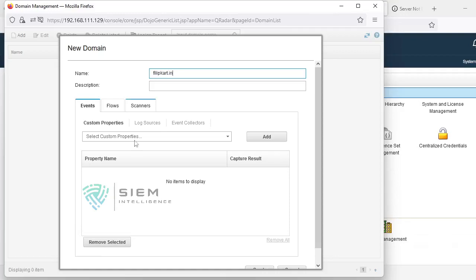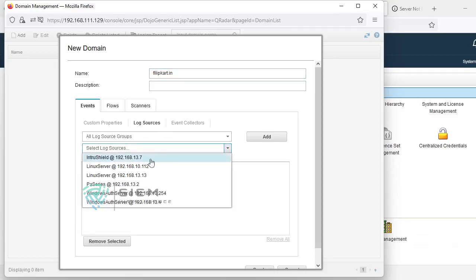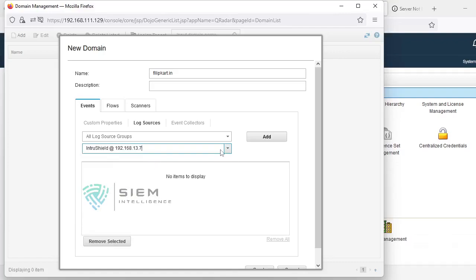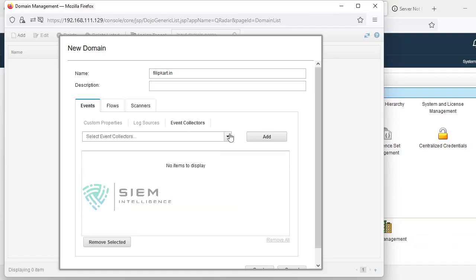flipkart.in. So what are the log sources? That may be a set of three log sources or Linux log sources that we are giving here. Or whatever event collector you have. If you have multiple event collectors in a distributed environment, you can give event collector 1 for the Flipkart organization. If you have hosted an event collector for their activity, you can also select it directly.